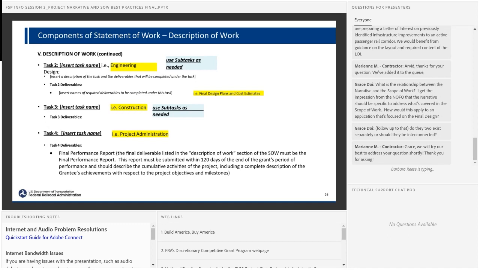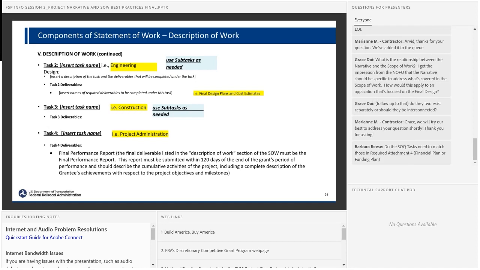As I mentioned earlier, task 1 under description of work, the project work plan, is where we really get into the details of the work that will be done. This is much more of a general description, and it also helps, should your project be selected, if we ever have to amend the grant to add or reduce scope. The more specific language used here, the less leeway we have in amending it, and we may need to amend it as opposed to just updating the project work plan. But I want to make sure that this includes the work that will be done and subtasks as necessary.